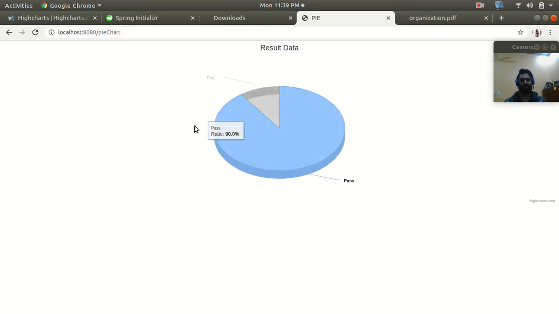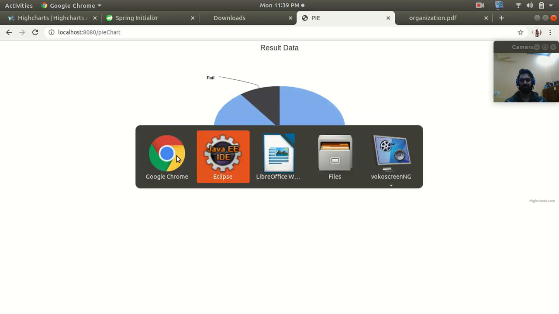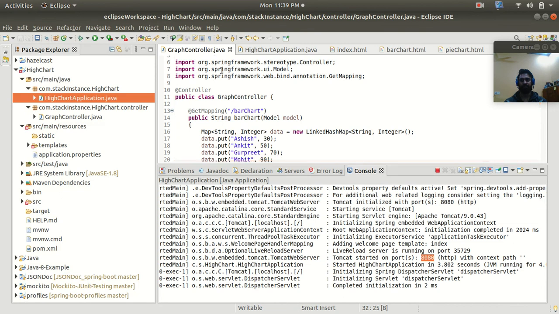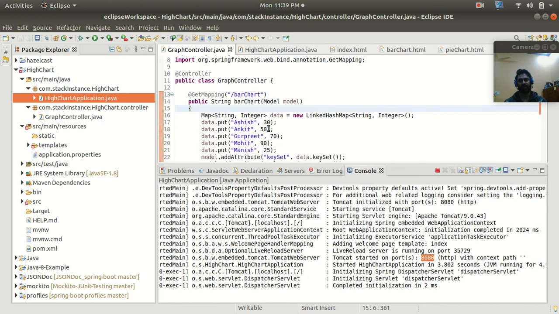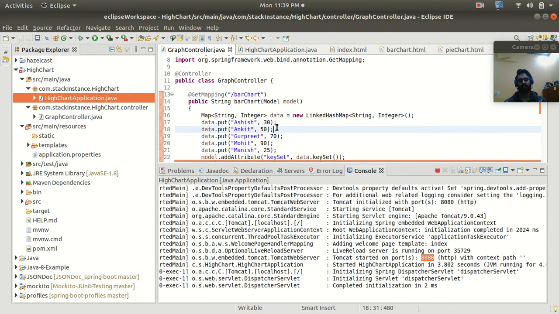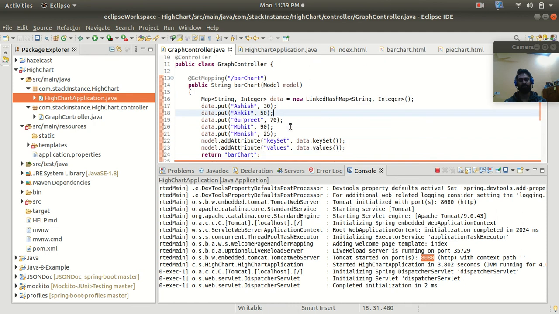So in this way we can say that we can use Highcharts for creating charts with dynamic data. And guys, here I am adding the data in the controller part, but you can take this data from your database by using any ORM tool like Hibernate or JDBC and all, right? So here you can call the data, and then you just have to render this data to your HTML part.